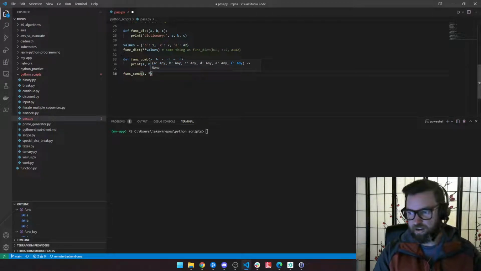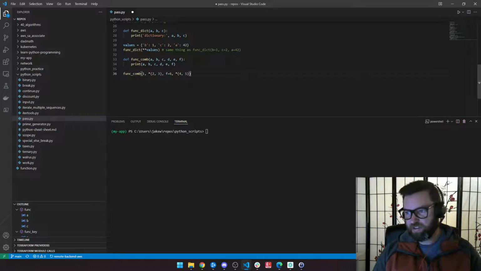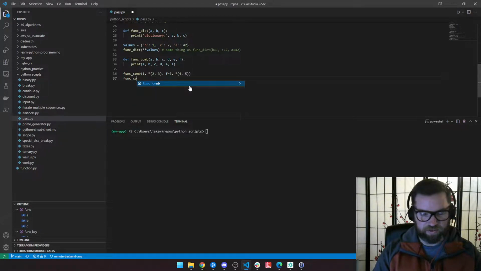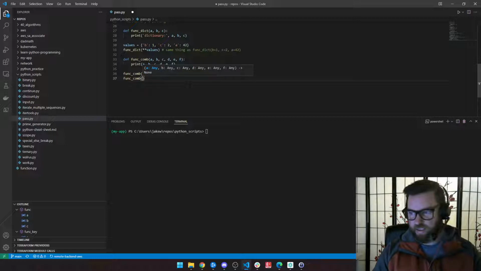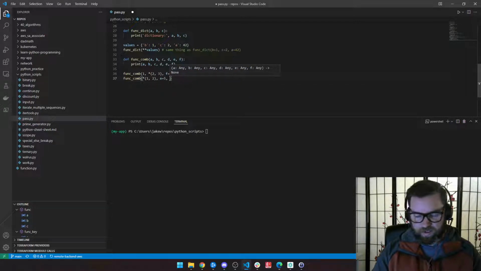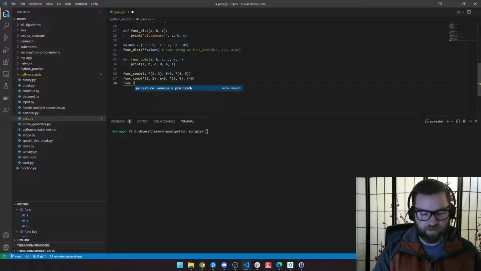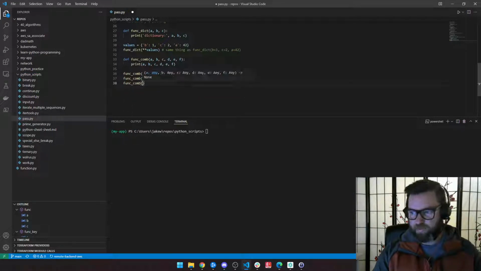And then star 2, 3, F equals 6, and star 4, 5. And then I'm also going to do function combine and go star 1, 2, E equals 5, star 3 and 4, and F equals 6, and another function combine, and we'll do 1 star star,